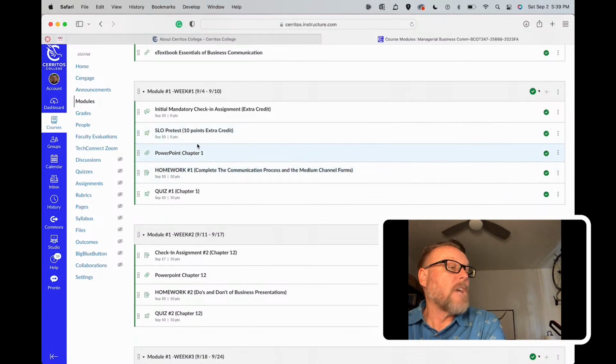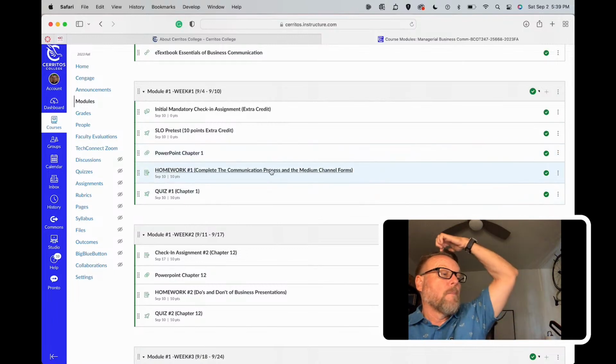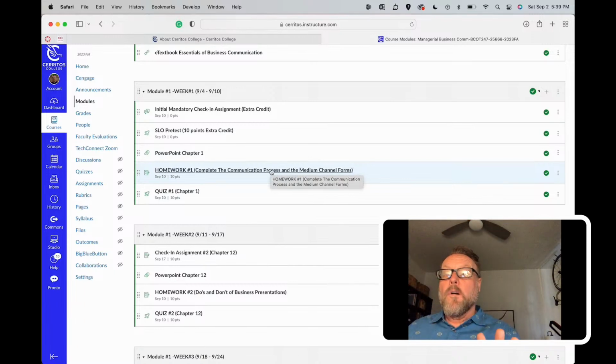There's a PowerPoint for each chapter in each one of the week's modules. There's a homework assignment each week. So this particular homework assignment is completing 2 forms or 2 worksheets. One's the communication process worksheet, and then the other one is the media channels. So of course, every bit of communication is broken into what we call mediums. It's either a visual medium, an in-person medium, or a written medium. And then there's channels in which you send them. So for instance, if you use a written medium, you might actually print that out on paper. That would be the print channel. Or you might actually send an email. It's written, but it's in an email. So that would be a digital channel. So you need to fill out those forms.